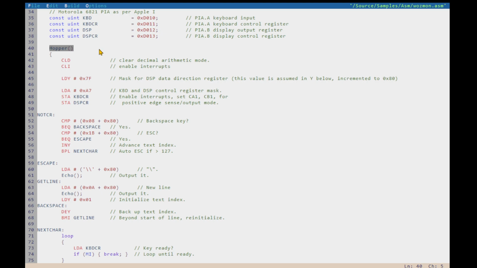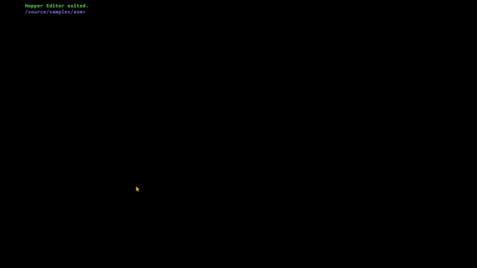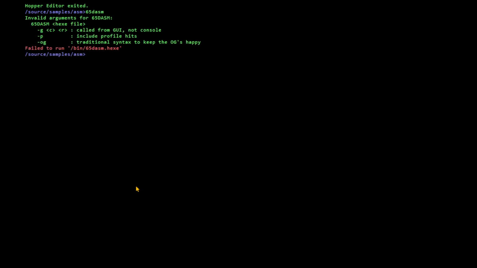Okay, I think that is all I can say for now about the assembler. There is something else. Some people have a difficult time. If you look at 6.5 DASM, that's the disassembler, the other one, it's got an extra option here. It's called traditional syntax, to keep the OGs happy. So if I run 6.5 DASM on the hello program that we wrote, and I just go OG,